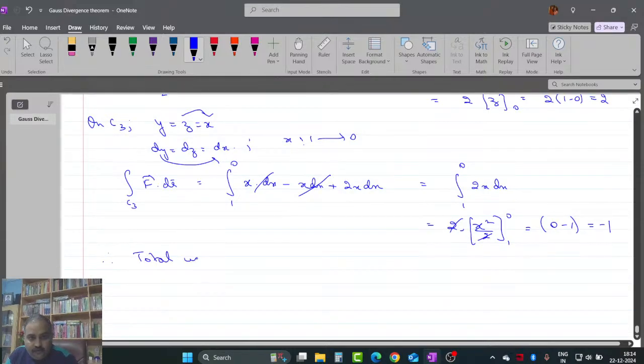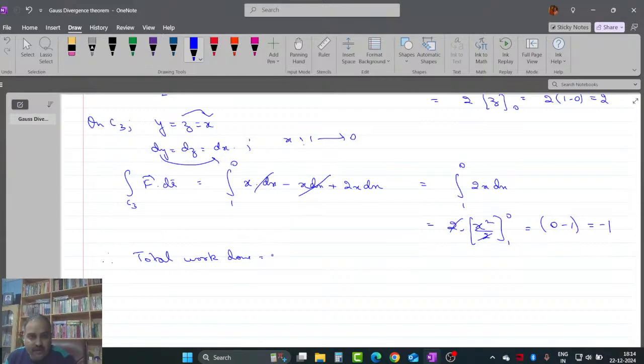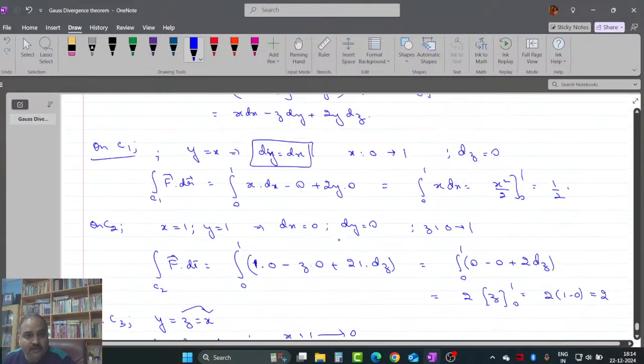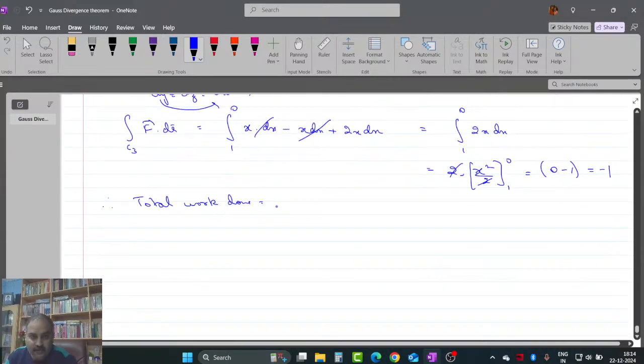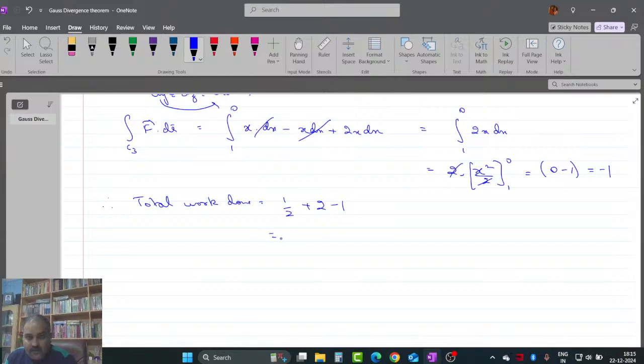तो टोटल वर्क डन कितना हो जाएगा, टोटल वर्क डन आ गया along the first part, कर्व फर्स्ट में उसकी वैल्यू कितनी थी, C1 के अलॉन्ग वैल्यू थी 1/2, C2 के अलॉन्ग 2 एंड -1, 1/2 plus 2 minus 1, 1/2 plus 1, that will be 3/2, ये आपका आंसर है। सो दैट्स अ क्वेश्चन ऑफ वर्क डन। इसके साथ के वर्क डन के आप कोई भी क्वेश्चन निकाल सकते हो, f dot dr बेसिकली इवैल्यूएट कर रहा है विद इन द गिवन इंटरवल्स, ओके।